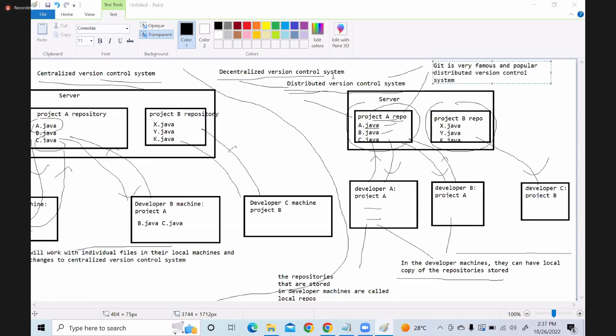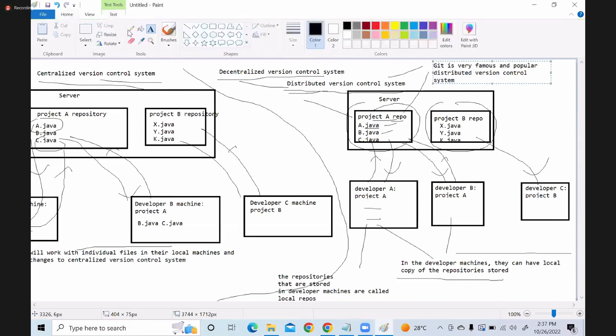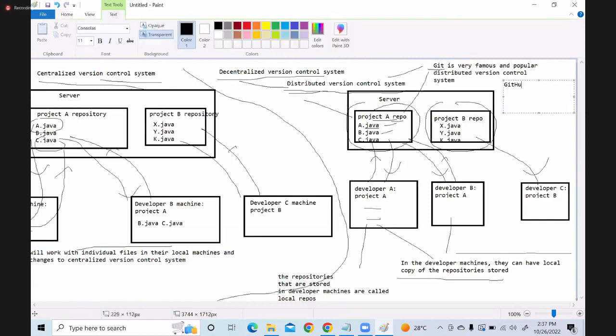And there are different companies that came forward and provided implementations for Git, tools they developed for Git. Among them, the popular one is GitHub. GitHub is popular, then Bitbucket, next is GitLab. So these are popular.